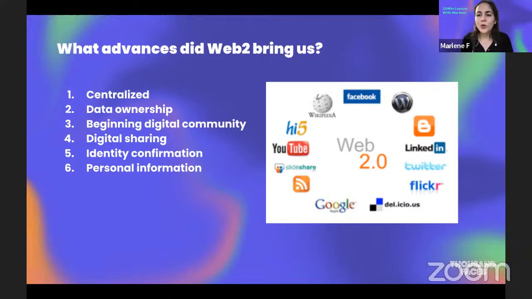However, as we know, Web 2 did bring a lot of community and a lot of sharing. I'm sure a lot of us have met people in the last few years, not in real life, but really forming parts of groups on the internet. There are different ways of mailing and different ways to connect around the world. You can share videos, you can share audios, you can share documents. The workplace has really been revolutionized through this sharing.